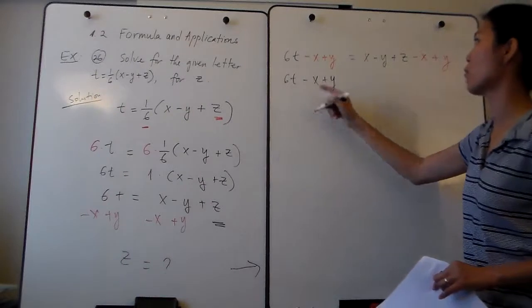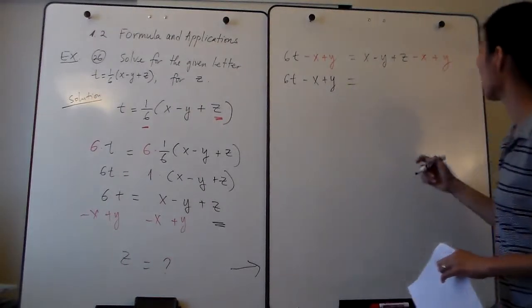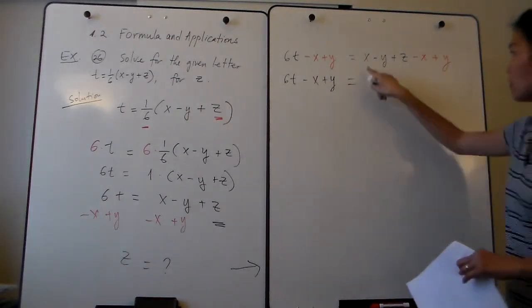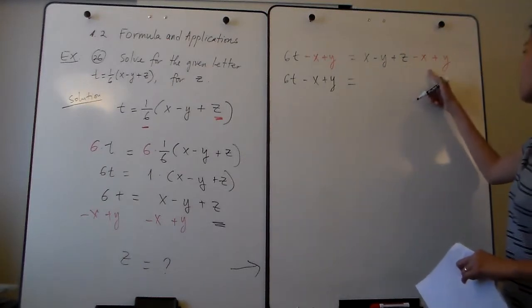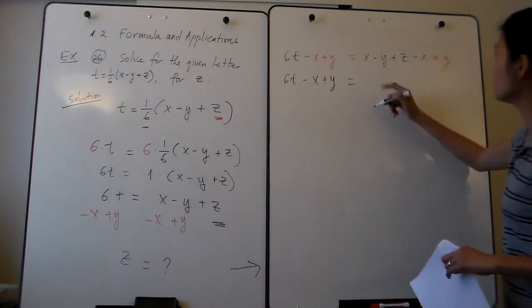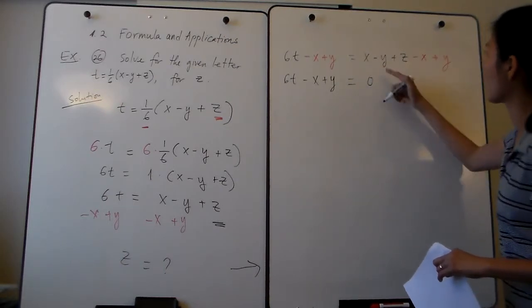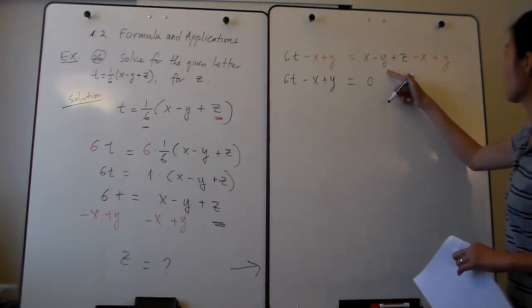6t minus x plus y equals, looking for like terms and you combine. So x, there's another x here. x subtract x is 0. Okay. Subtract y, negative y